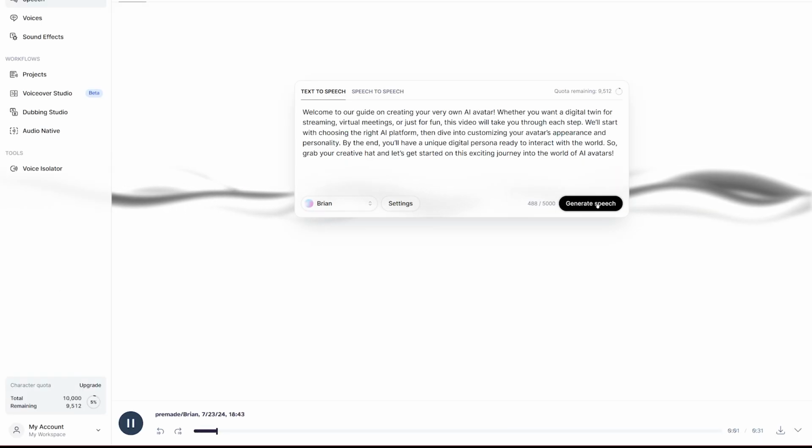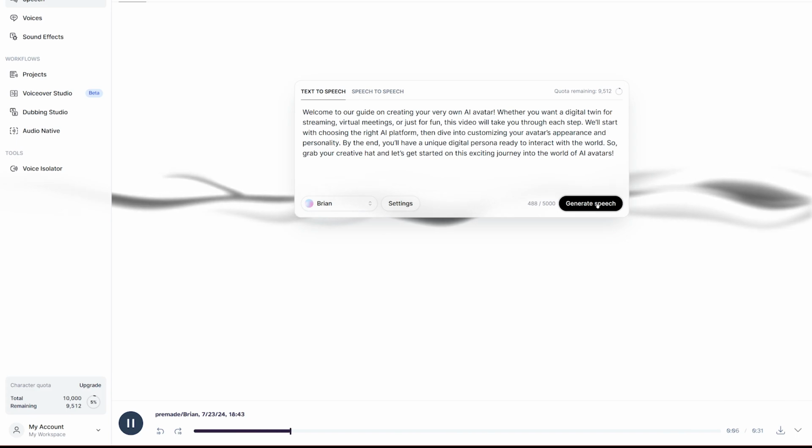Welcome to our guide on creating your very own AI avatar. Whether you want a digital twin for streaming, virtual meetings,